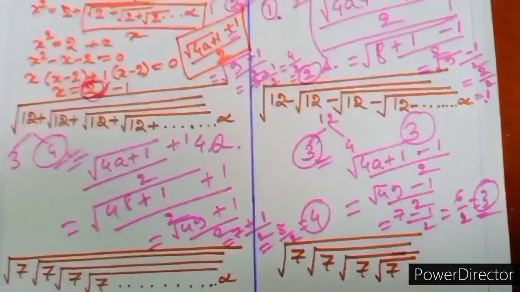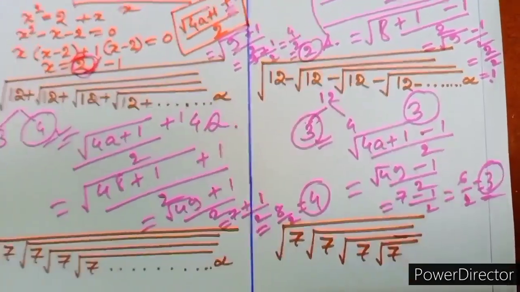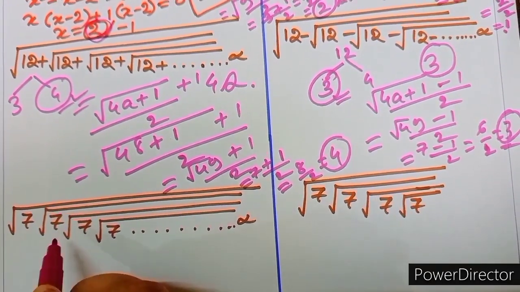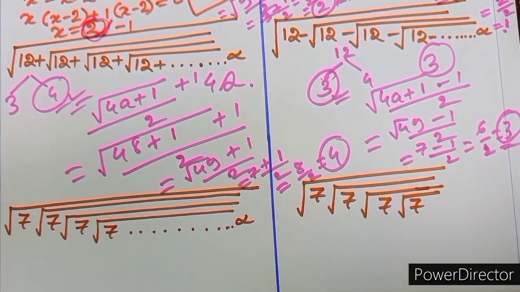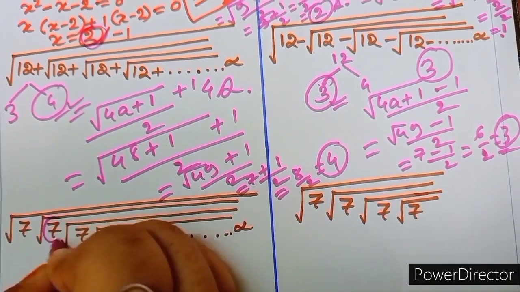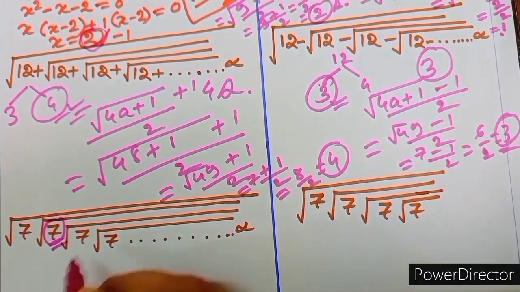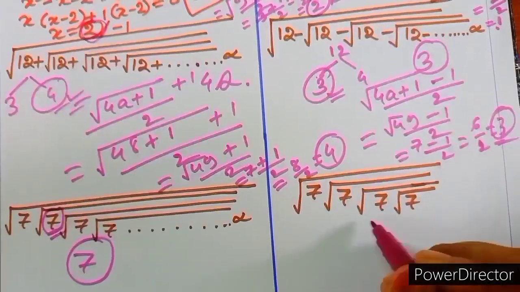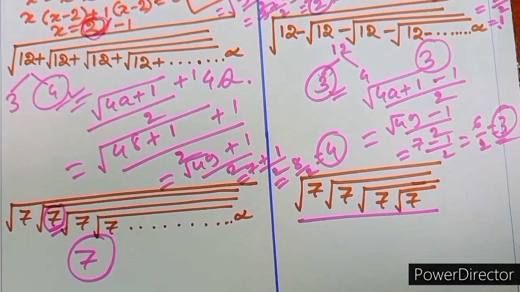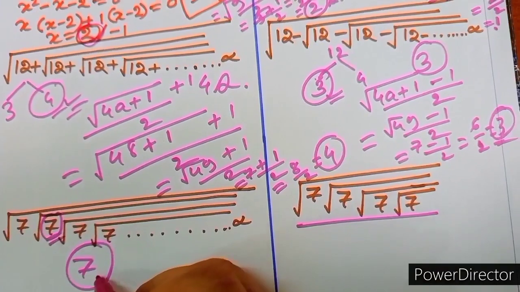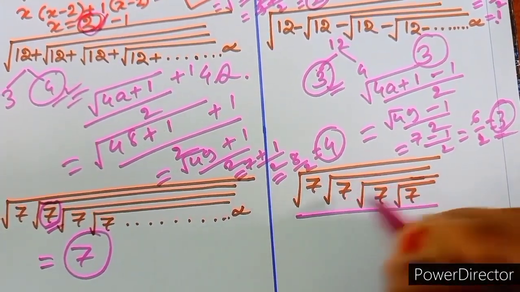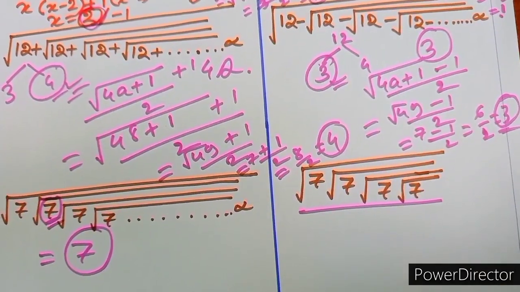Okay friends, next question. If there is given multiplication root 7 into root 7 into root 7 into root 7, what is the value? The value given under root is the answer. Means the answer is 7. And here we count: four 7s are there. Here infinity, so we take the answer 7. But here root 7, root 7, root 7, here four 7s are given.